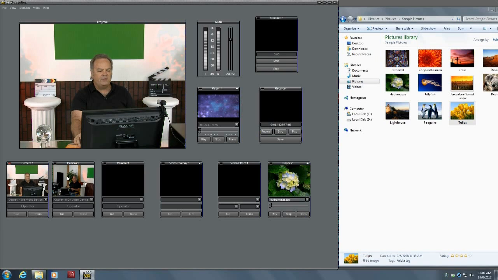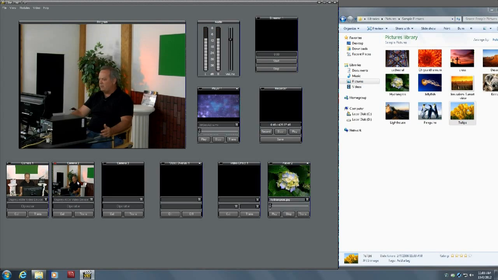Now you can also control the transition between the cameras and also your player modules by right-clicking on those modules and going to transition, and I can set my dissolve, whether it be fast, medium, or slow, or a hard cut. So if I'm going to go from camera 1 over to camera 2, and it's a nice hard cut, so it's very quick,